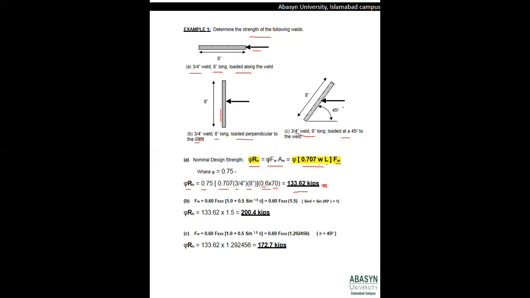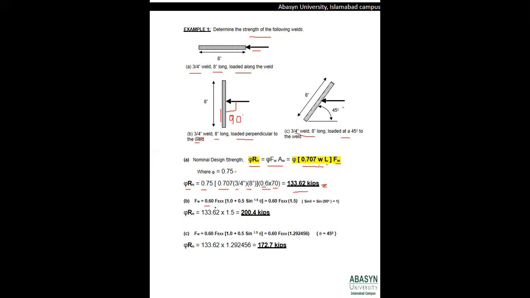Similarly, we will move to the second part, and for the second part we will use the same formula for the area of the weld. While for calculating the force on the weld, we will use the second formula, because in this case the force is applied perpendicular to the weld, at an angle of 90 degrees to the weld. And whenever we have a force applied perpendicular to the length, we will use the second formula,